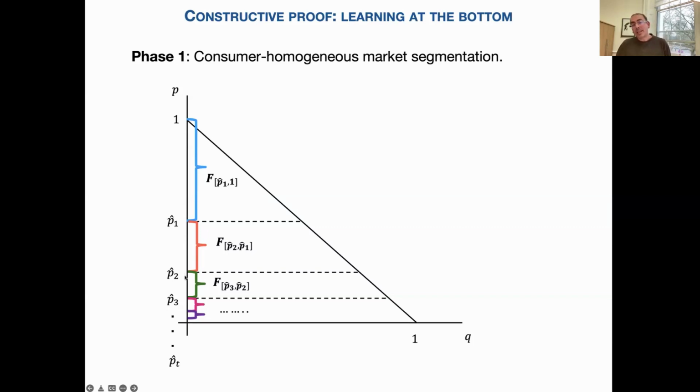And so even any price which is PR2 minus epsilon, I never want to charge, because what do I gain by charging PR2 minus epsilon relative to charging PR1? Is only this very small mass of consumers here.